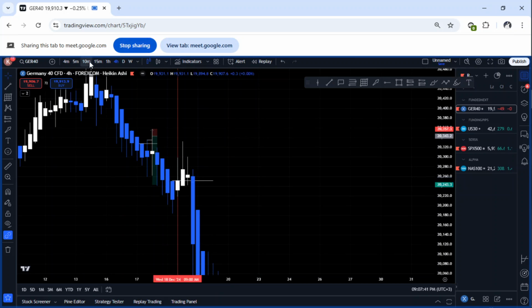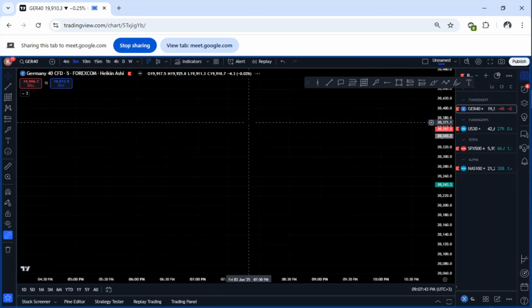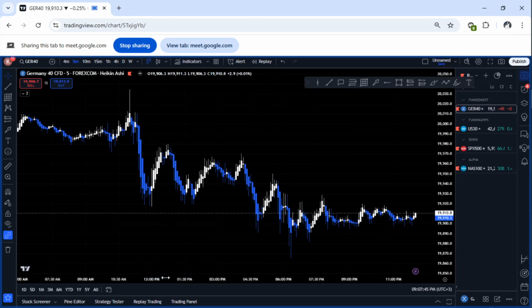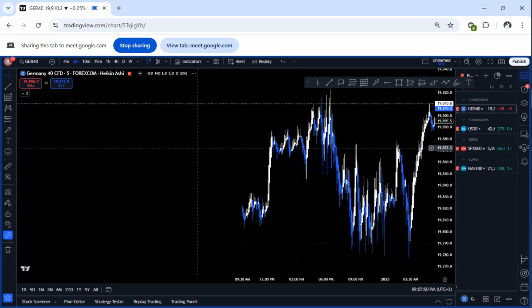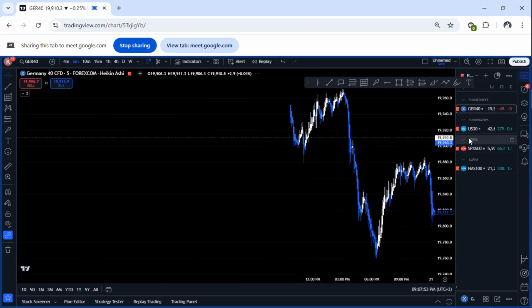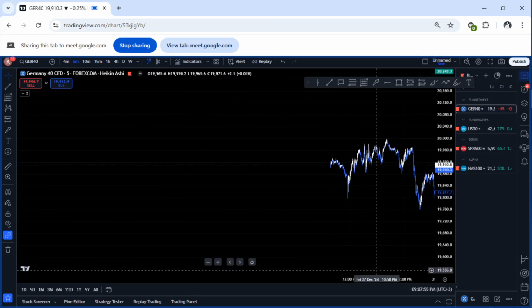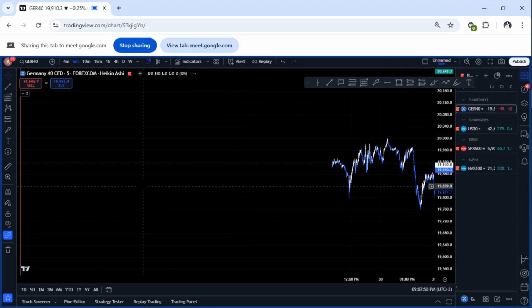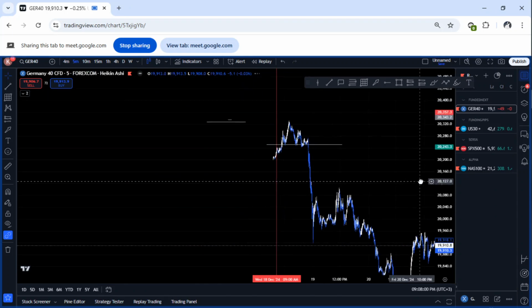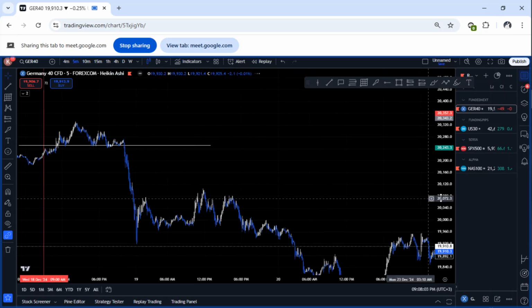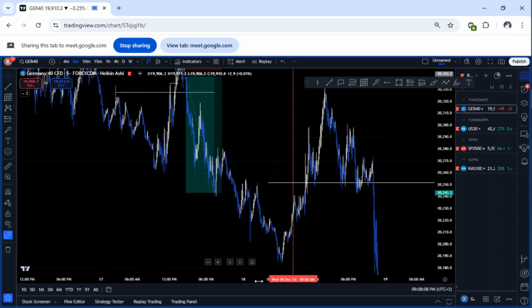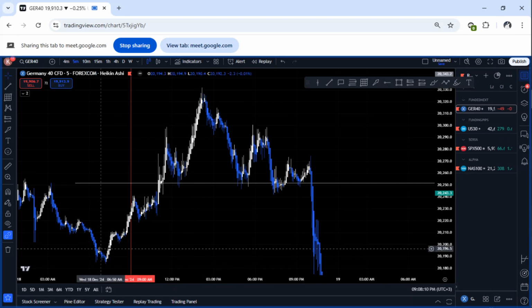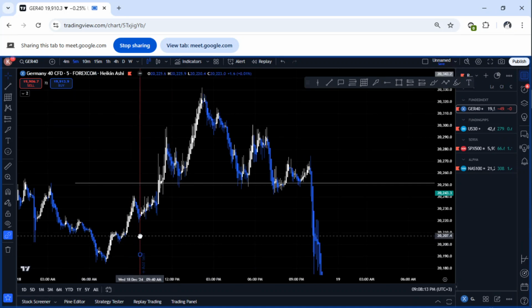And then I shift to 5 minutes to look for my entries. So take a maximum of 2 trades per session, actually per day. Now so let's see, this is where the market started, and this is where the liquidity was raided, and then